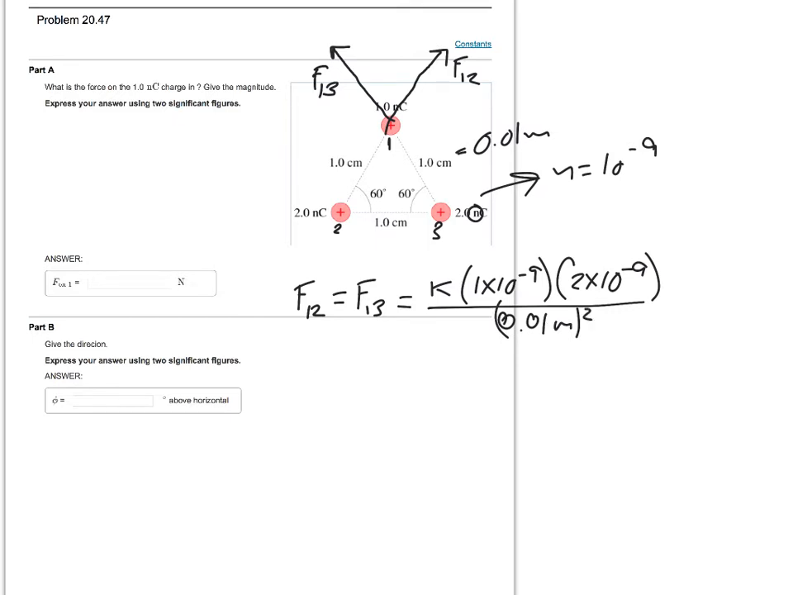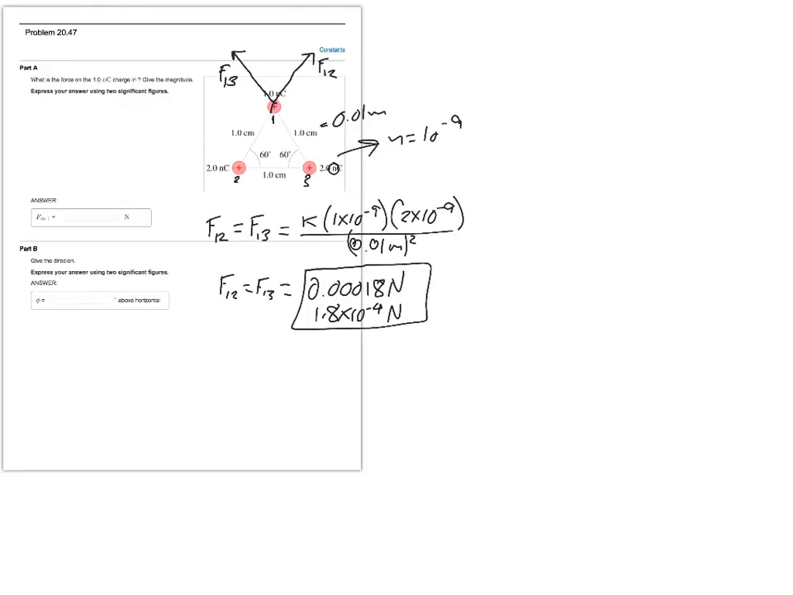So when I go ahead and solve for that force, F12 or F13, both the same, I get an answer here of 0.00018 newtons, or 1.8 times 10 to the negative fourth newtons. Okay. Now that I have the amount for each force, I'm going to go ahead and combine those two forces,